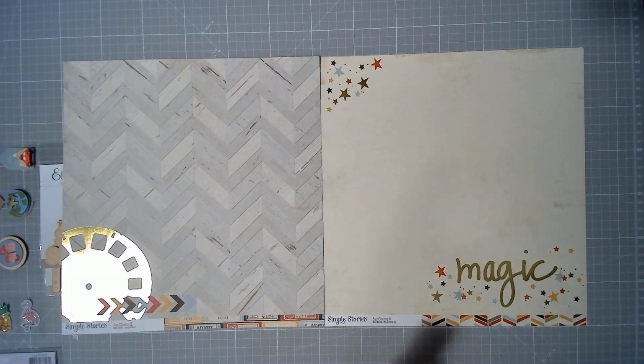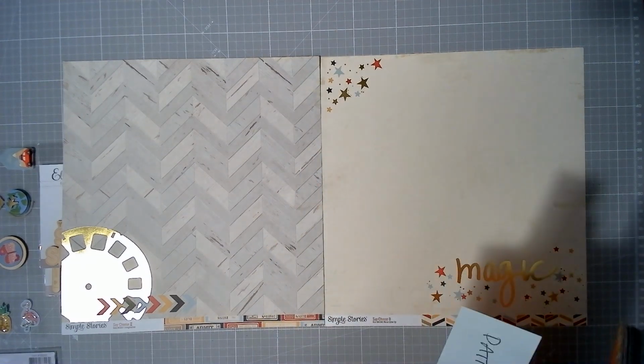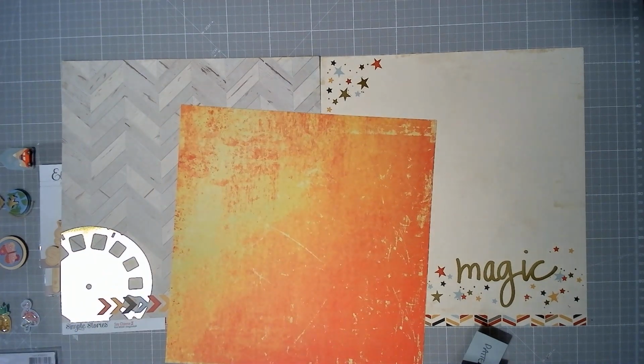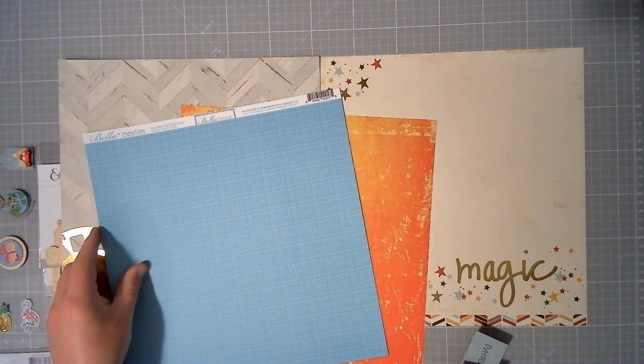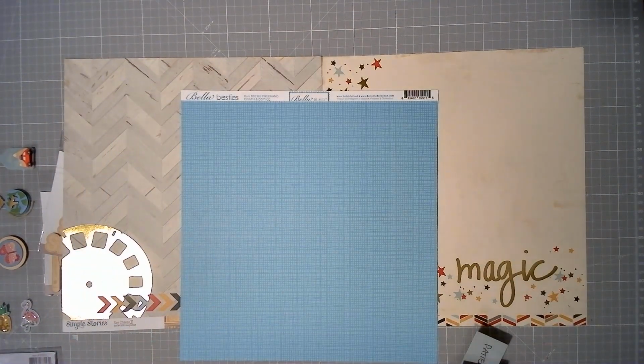So then what I'm going to do is come to my paper stack, and we're going to see what other papers we've got that might work. And this sticks out as something that could work. What else do we have? Maybe we could bring in a light blue, perhaps. I actually prefer the blue to the orange, so I'm going to pull out the orange again. So that is a great layer to kickstart us, and then I think,